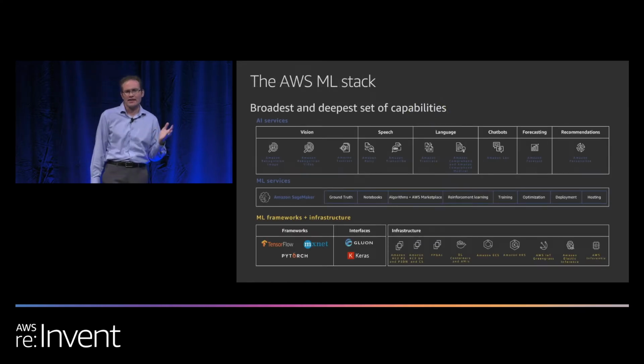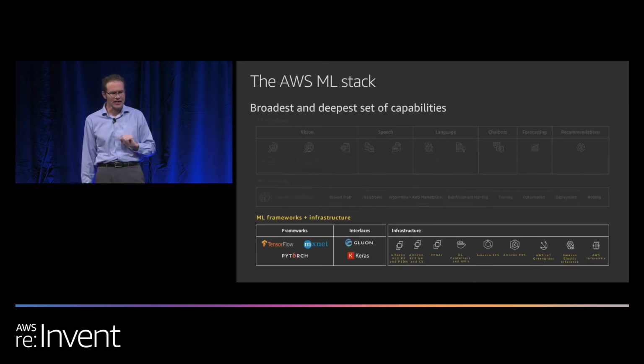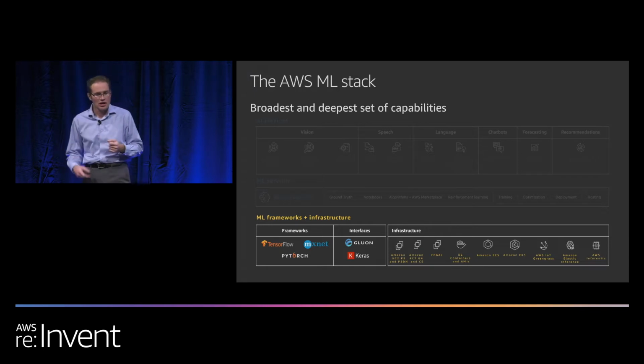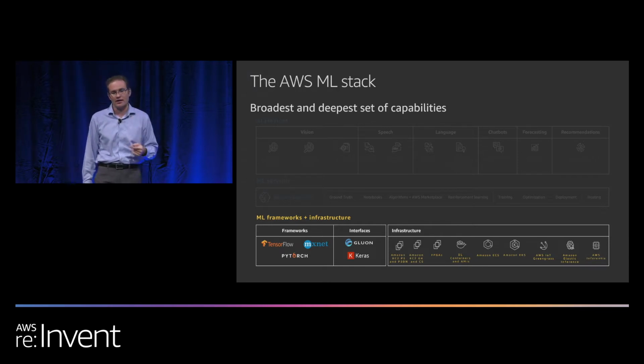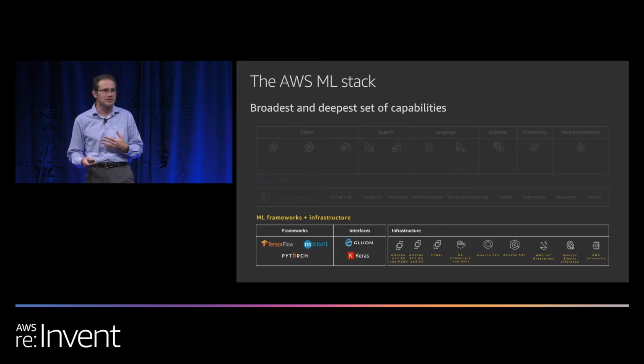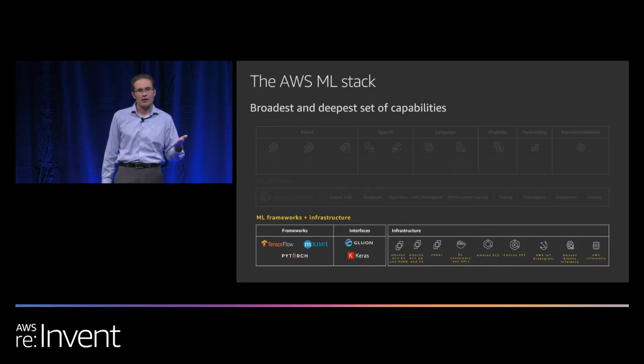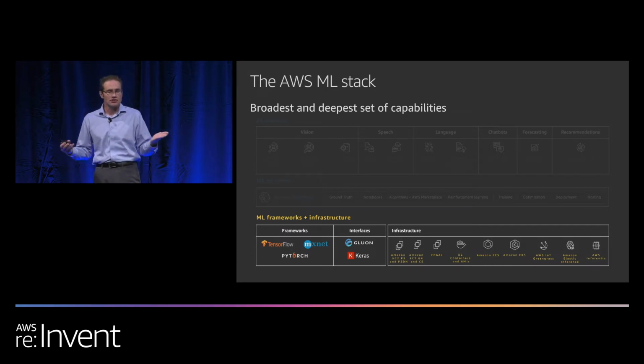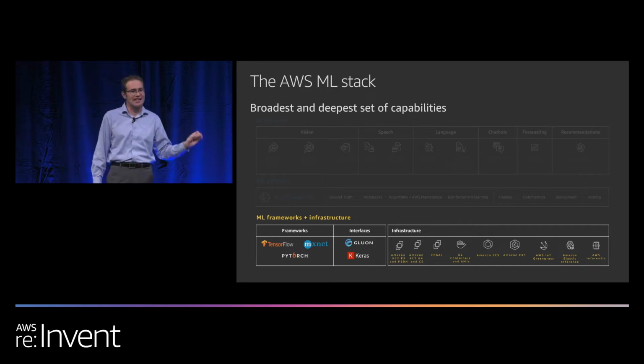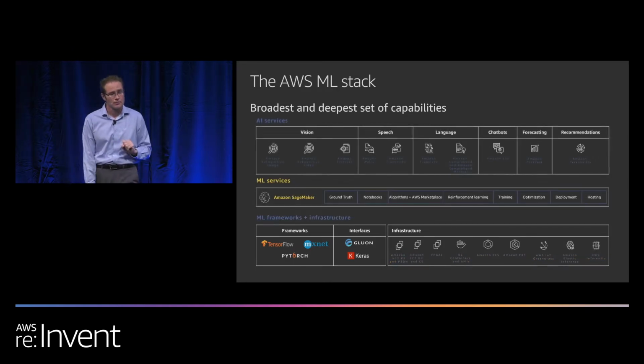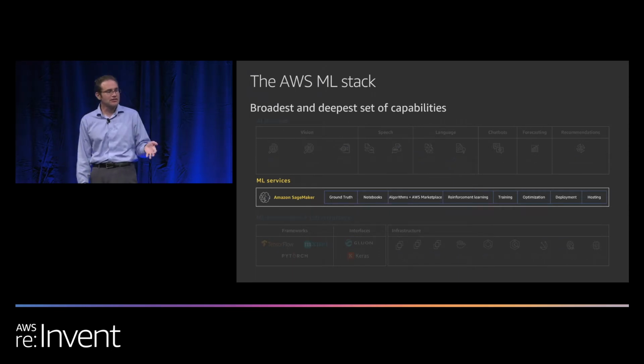So let's talk a little bit about the AWS ML stack. At the very bottom, you have the frameworks and infrastructure. You have things like TensorFlow, MXNet, and PyTorch. You have interfaces like Gluon and Keras, and all the different infrastructure optimizations that were talked about this morning around ML. So if you're a data scientist, those are probably very interesting to you, but if you're a .NET developer, you've probably never heard of that, and that's okay, because we'll show you how to use deep learning today in .NET, starting right now. In the middle, you have that managed services layer, which is Amazon SageMaker, we just talked about.